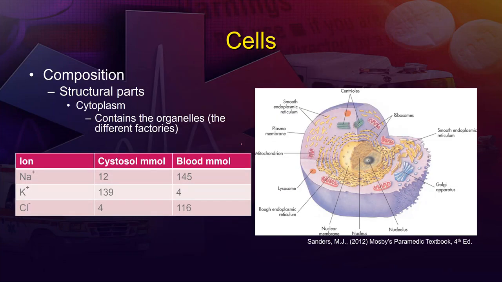That composition of separating the outside from the inside, again, the outside being the interstitial space and the inside being the cytoplasm or intracellular space, does give us different properties of chemicals inside that fluid or solution. So the cytoplasm really contains cytosol, and the cytosol with organelles makes up cytoplasm. The organelles, again, are the different factories that have very differentiated roles inside the cell's daily activities and cellular division roles. But here we identify that in the cytosol, we have different concentrations of very important ions that we'll discuss